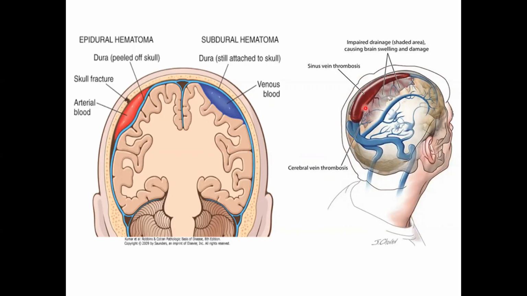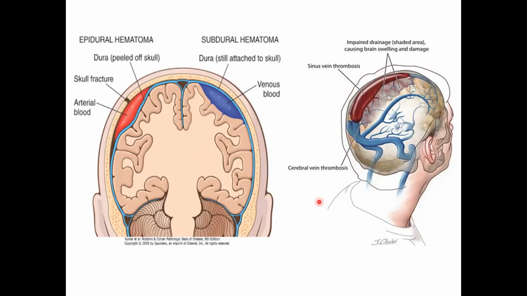Moreover, between the layers of the dura mater, large intracranial venous sinuses are present which drain blood from the brain and also from the extracranial sites like the scalp and the nose. So extracranial infections can easily reach the intracranial sinuses, leading on to their thrombosis and many complications.